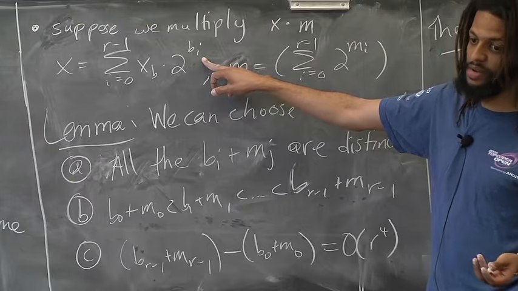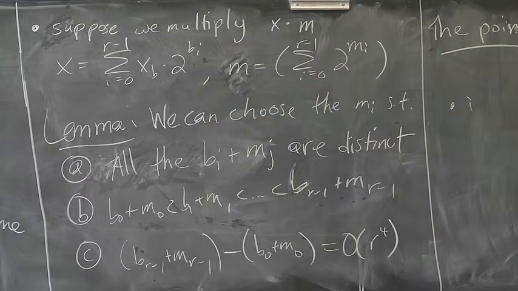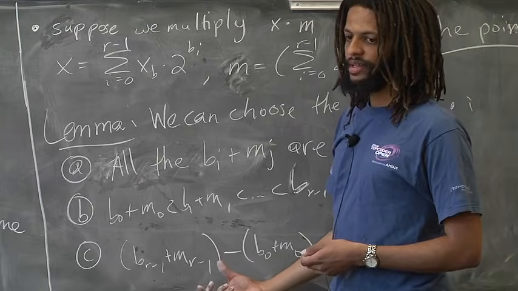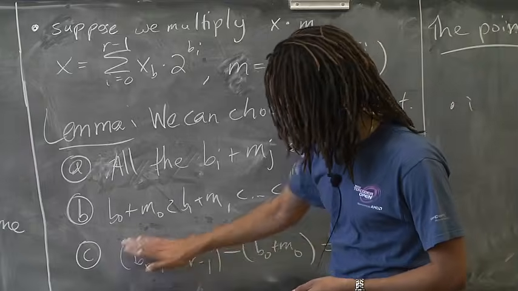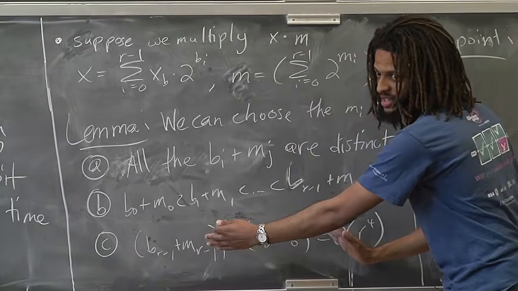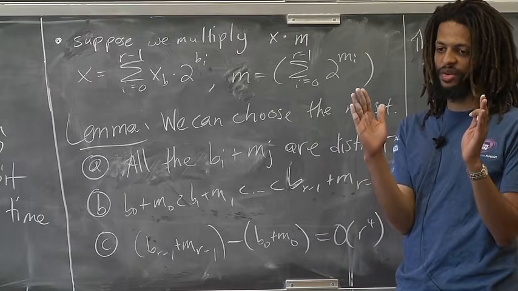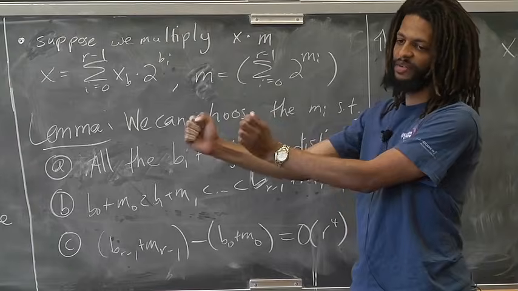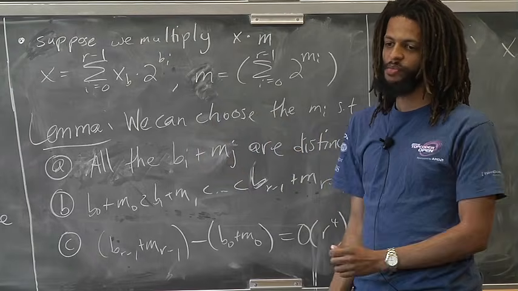BI is at most W, and so MI will be at most W squared. So they are not R bits, but it's only R non-zero bits? Yeah. It's not the case that this is less than R. It's just that if you look at the range of bits that are important, they fit into a contiguous block of at most size R to the fourth. But once that's true, you can shift them down to be the first R to the fourth bits.